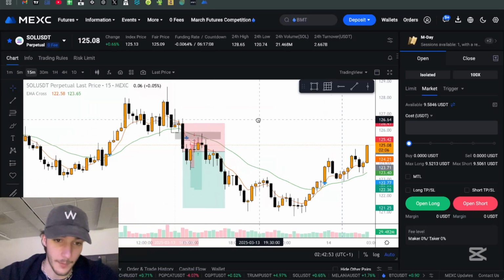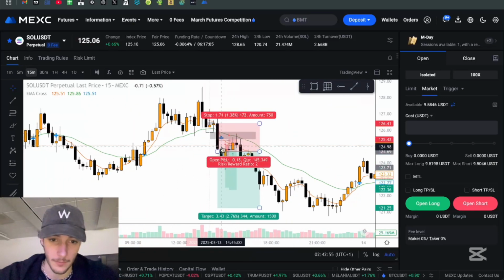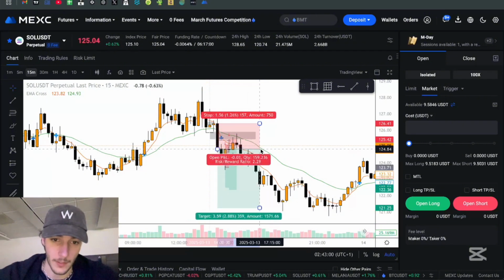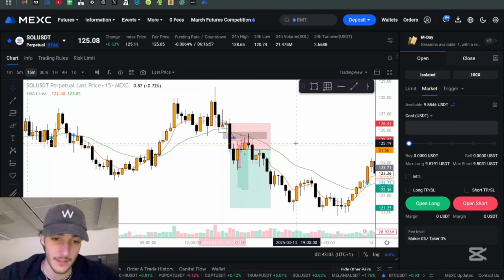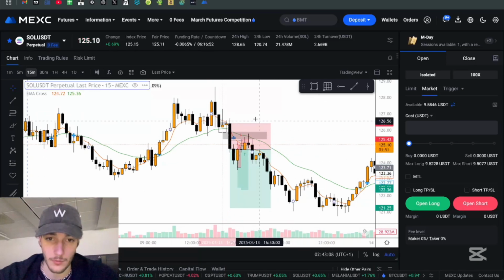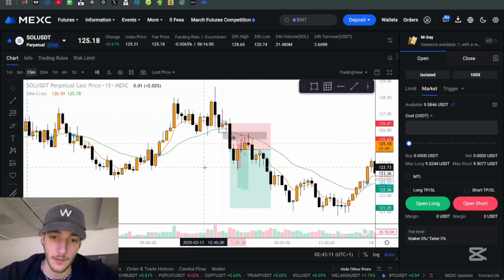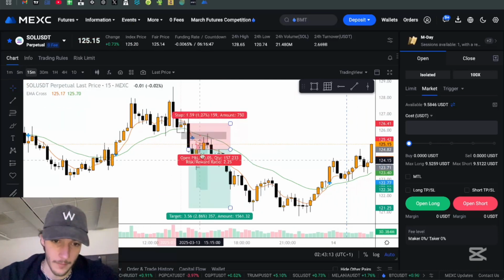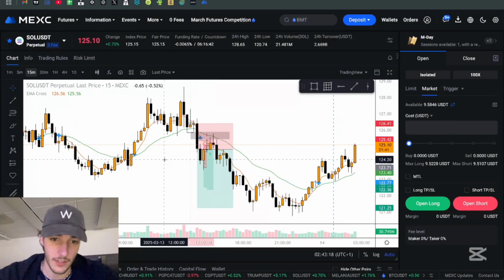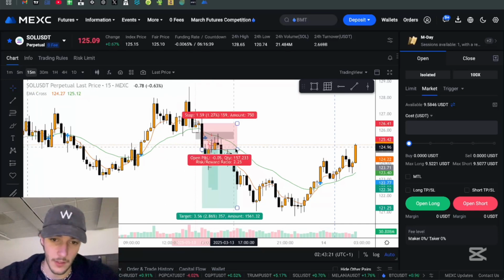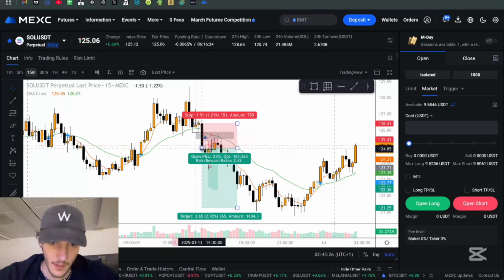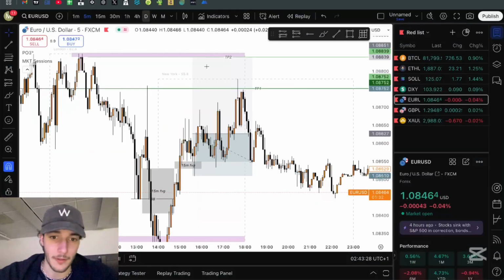So the mistake I made was simply not following my original trading plan, which is to just enter off of a 15-minute candle break of structure. In the past, that's what worked out always, but for some reason I keep making the same stupid mistake of not entering off of that. So a little bit of a loss here, but it's good to know that this strategy kind of works. And next time, hopefully, I'm not gonna make the same mistake and simply enter instantly. So that's the recap here.